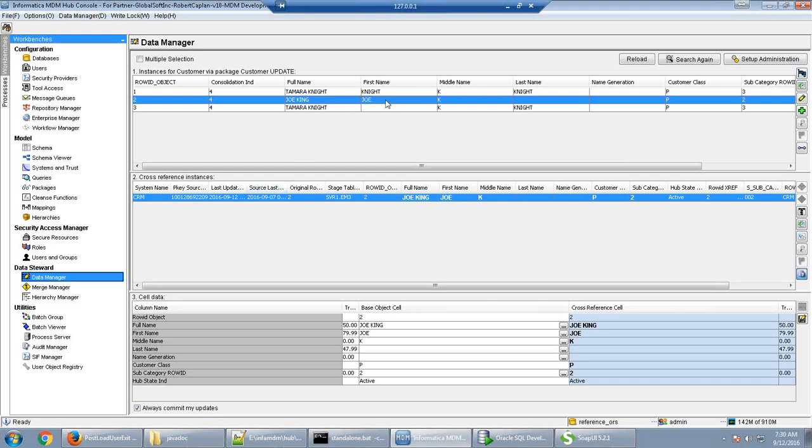So here we can see this is my first name. Sorry, the second record. In the second record, last name is null. So if the last name is coming as null,